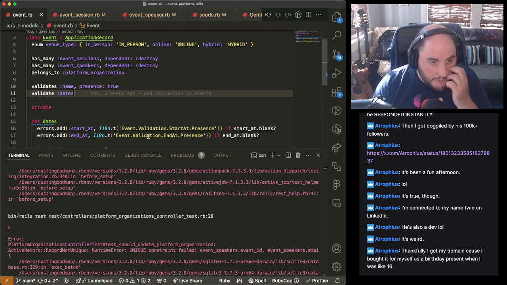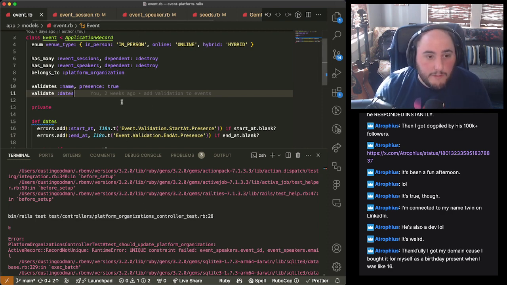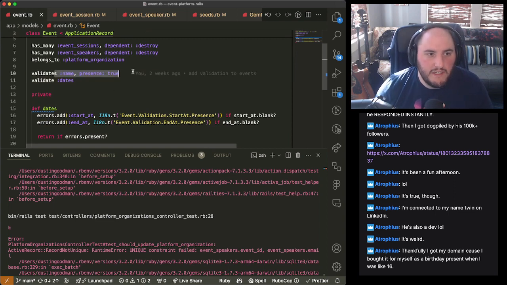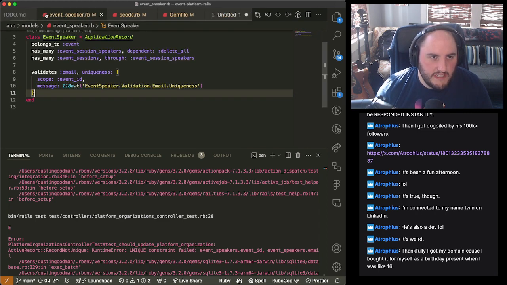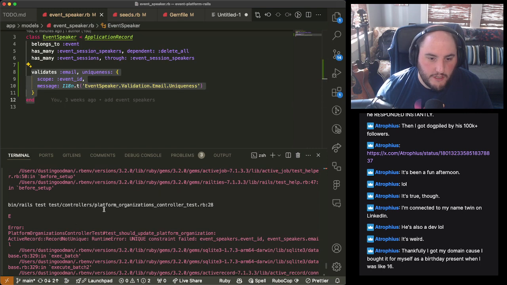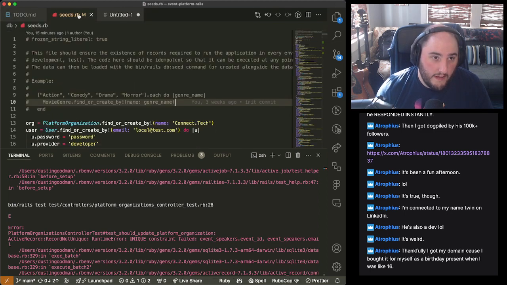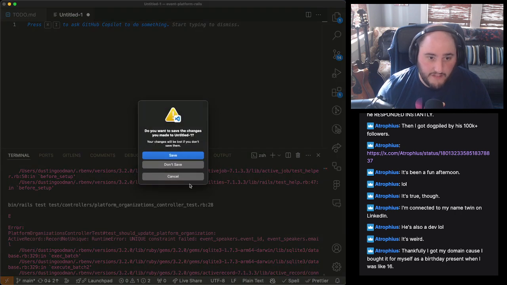So, we're going to keep going, and we're going to figure out how to fix these things. The thing I said before was with event, maybe we should make sure name is unique. I'm going to say no for now. This might be one of those like, yes, we should fix this later. This is important. But we're going to ignore that for now. So we're just going to fix the ones that we did. Now, what I was hoping when I did this validate thing, these runtime errors were going to turn into not runtime errors. And that didn't work out so well. So we're going to have to figure out why and then go back and fix it.